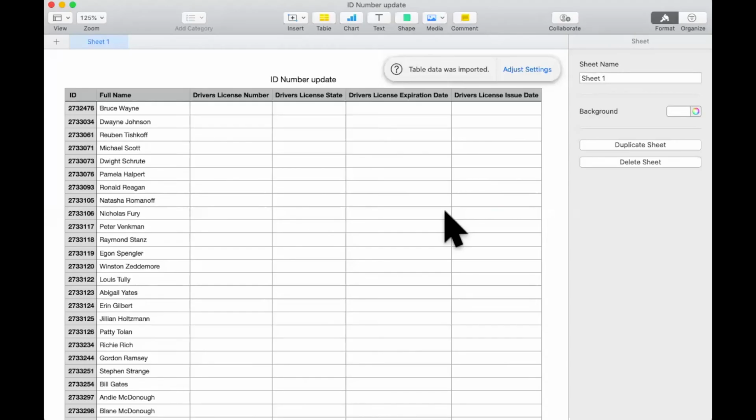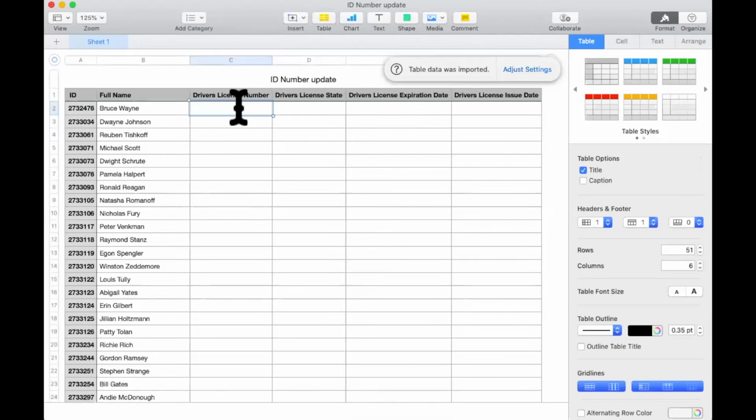I need to change my default from Numbers to Excel sheet for this. But nonetheless, here's the point. Bruce Wayne, I can see his ID number here, type it in, put his state, put the expiration, and then put the issue date, and then continue. So I can go and say, okay, I have Dwayne's right here. Here's his driver's license number, and kind of go through my list here within the Excel sheet and make those